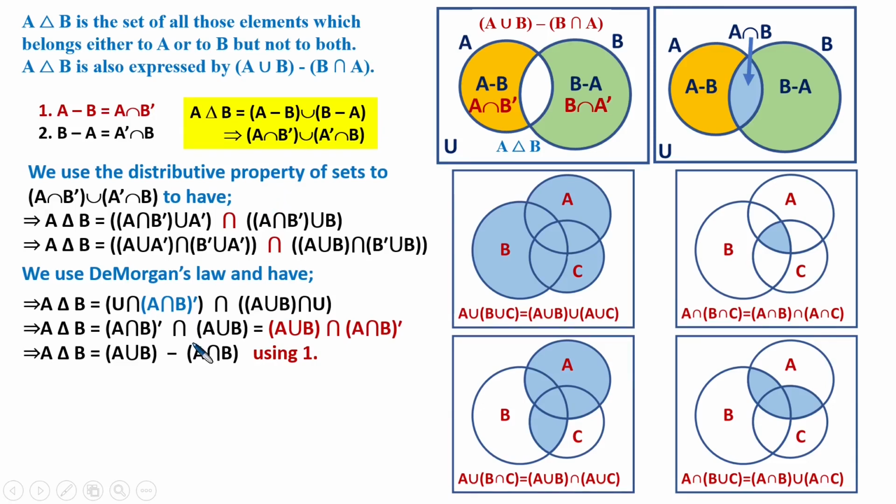Sometimes they may ask you to prove this using the distributive property and De Morgan's law, which you can see here and can do yourself. Here I have used only a few concepts: A union A prime is nothing but the universal set, and also De Morgan's law, that is, B prime union A prime is A intersection B prime. Just go through it, it will be simple, and using one more,